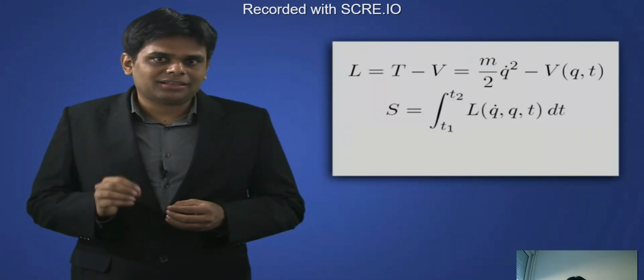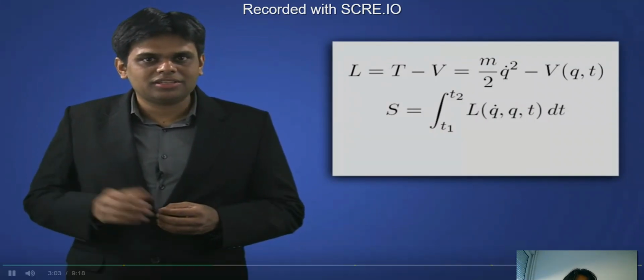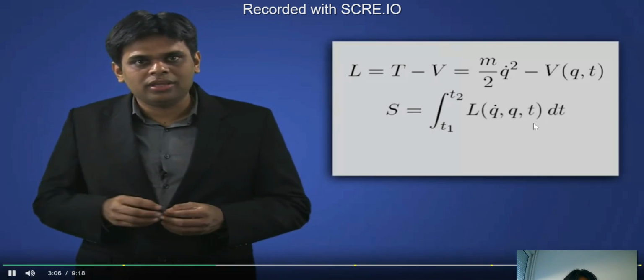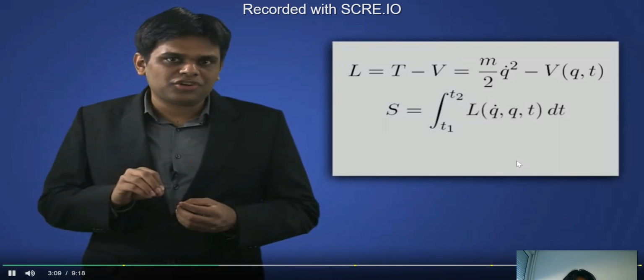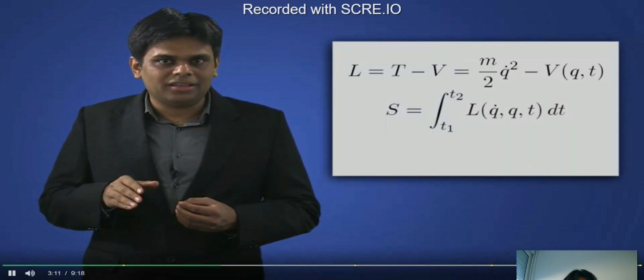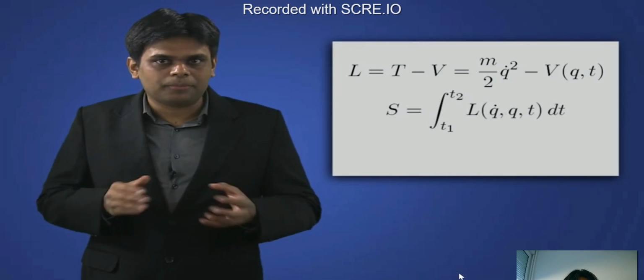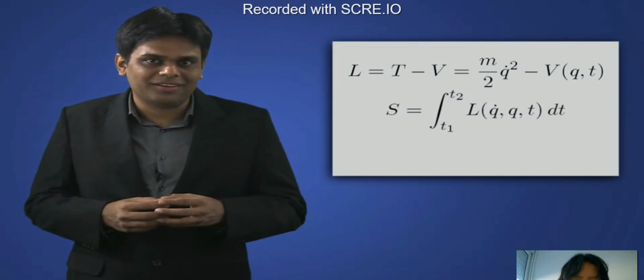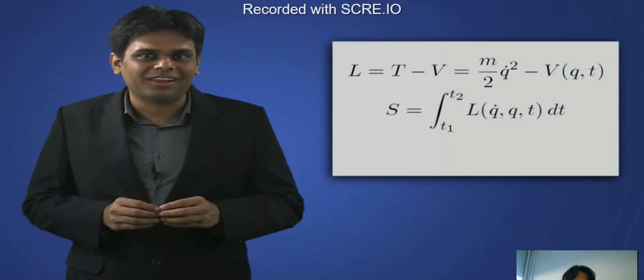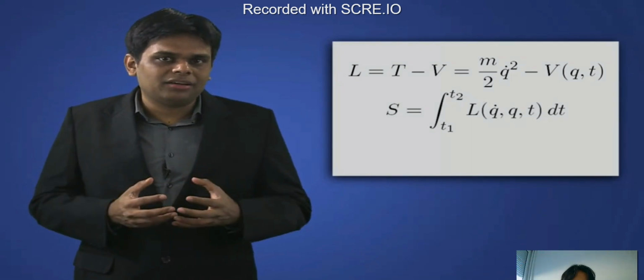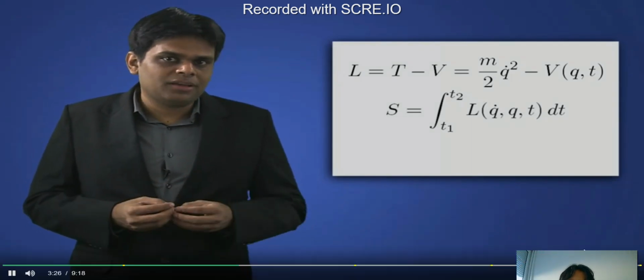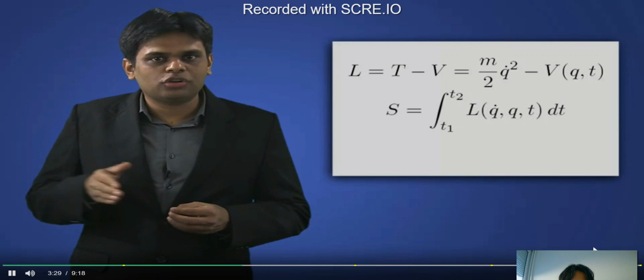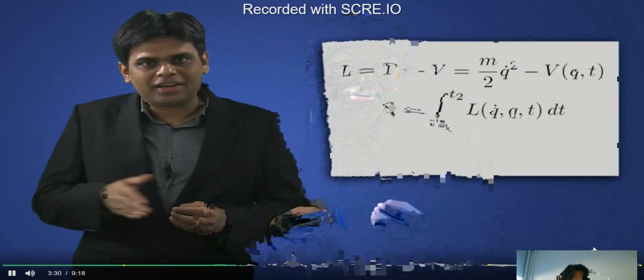It states that the classical path taken by the system between times t1 and t2 is the one for which the action is stationary. That is, the change to first order is 0. Now, in other words, we're attempting to take the path of least action. Seems like a useful principle to have for life as well. Now, mathematically, for a small change delta q, this principle states that the differential change in action is zero, to bring out the